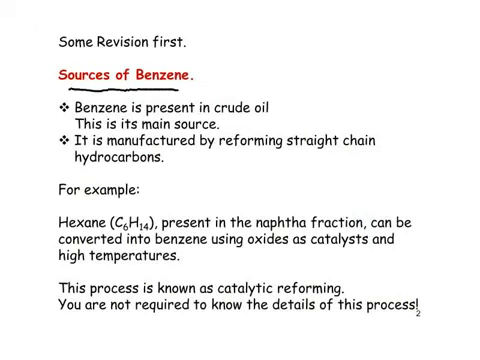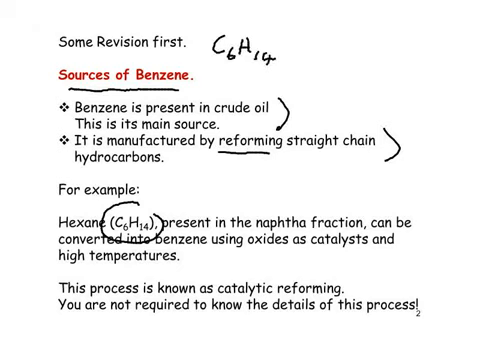In terms of sources of benzene, most benzene is sourced from crude oil. Benzene can also be produced by a process called reforming. As the name perhaps suggests, reforming is a process that essentially changes the shape of a molecule to change it into something more useful. An example of reforming can be shown using hexane, which has the formula